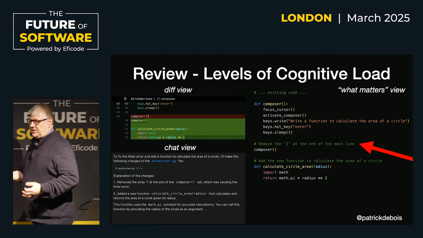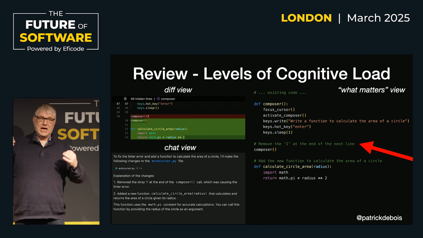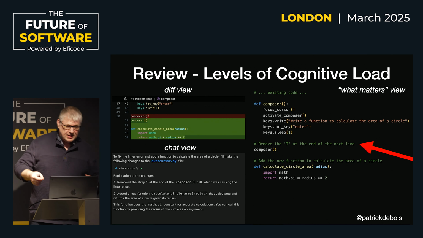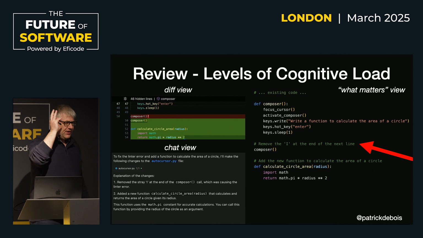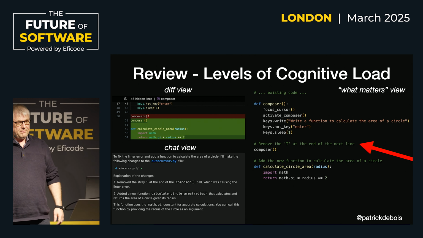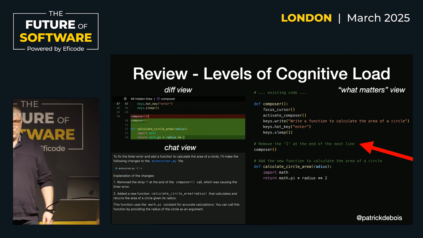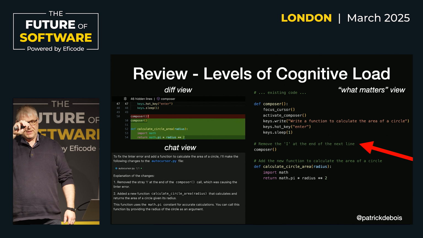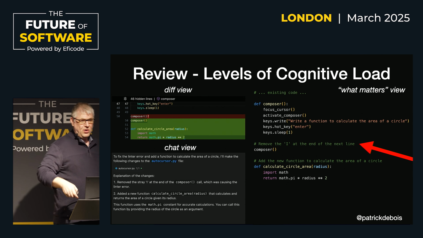Now, I want to show you a few examples where tools are starting to help us. Yes, we have the diff view, red and green. I can't even see it, I'm colorblind. There's a chat view that gives very verbose output, and I don't have time to read all that. Then I found a very simple thing in Cursor. It describes what is being changed and replaces that piece of code with just a text explanation. It's a lot simpler to review this than all of the previous things.